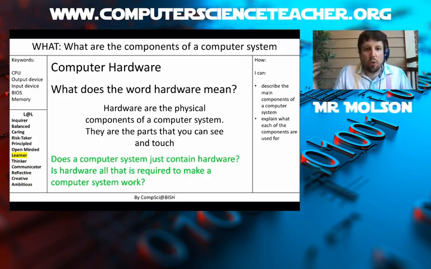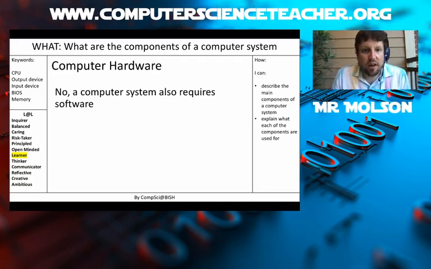And so without some instructions that tell it what to do, our computer won't do anything. So we can't have a computer system with just hardware alone. We also require software, and every computer system, whether it's your iPad,